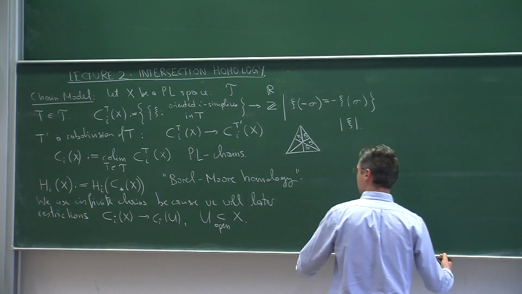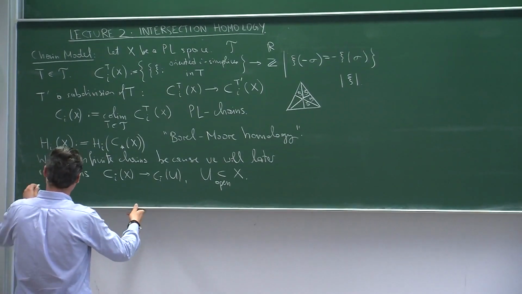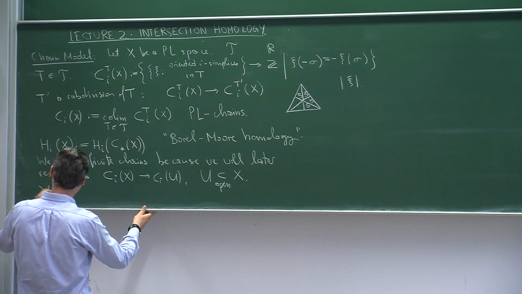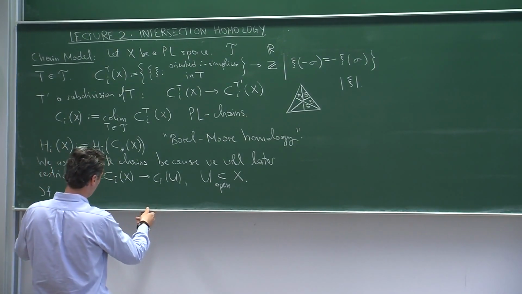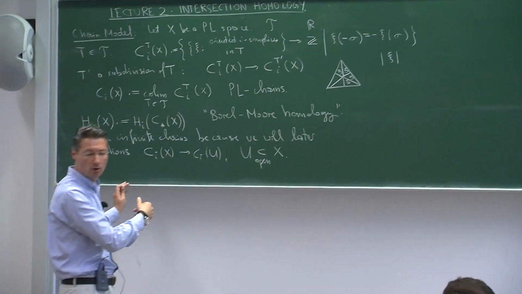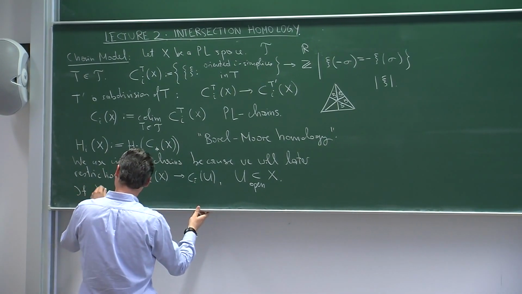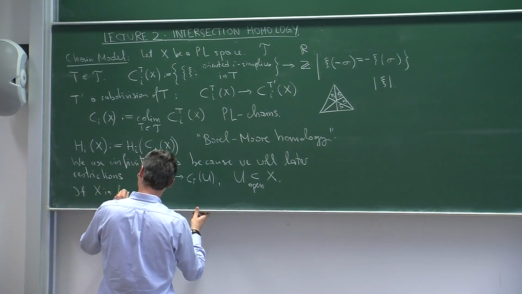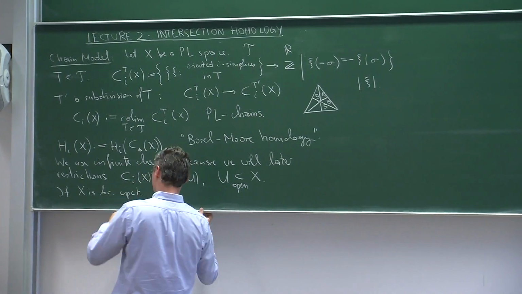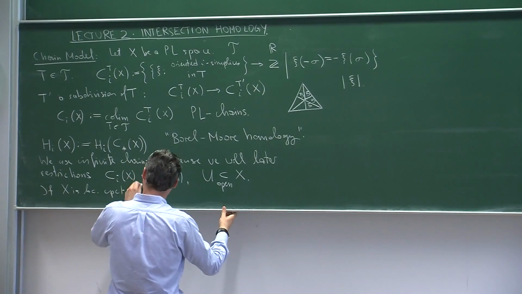Okay, so that's the reason for using infinite chains. Also, if you want to relate this to ordinary homology, if you don't like this and you would like to actually see what this is in terms of ordinary homology, then you could think of it as follows. If X is locally finite, locally compact, so that you have a one-point compactification, then